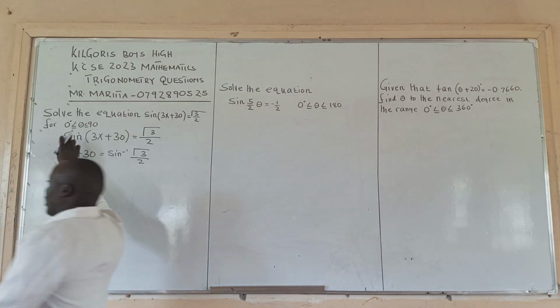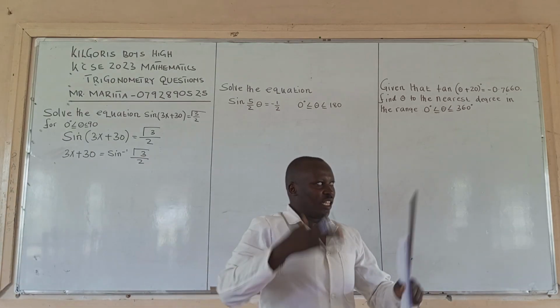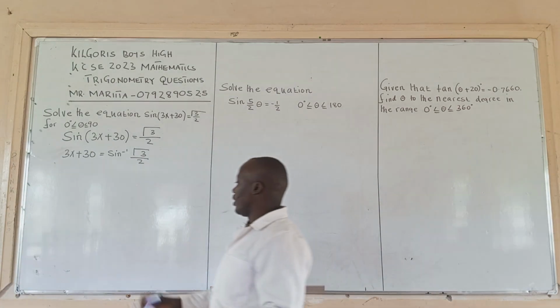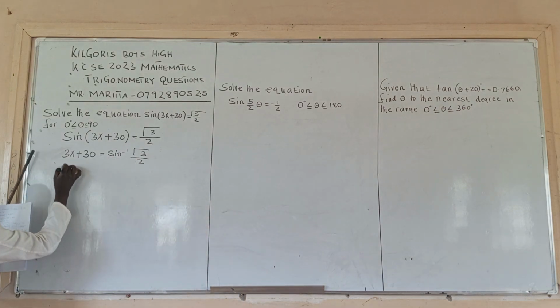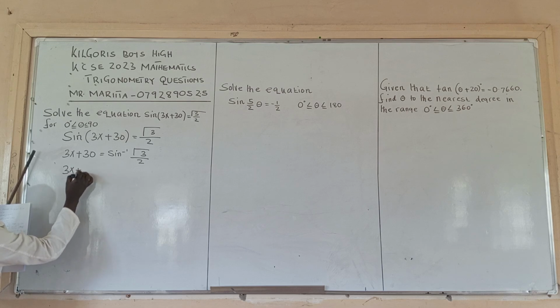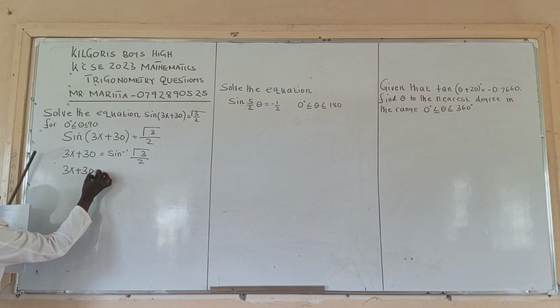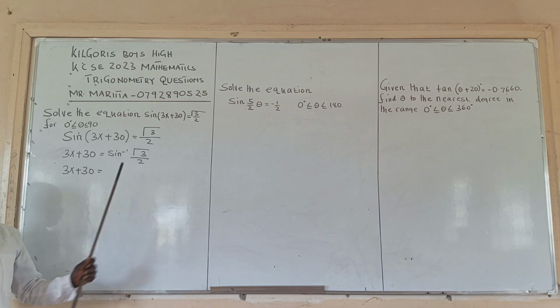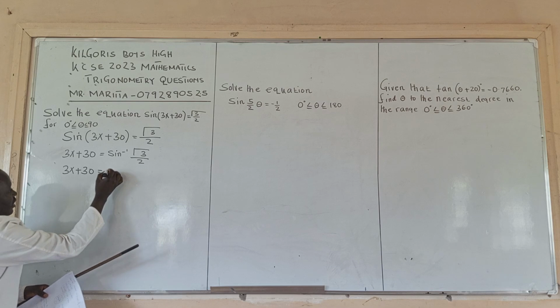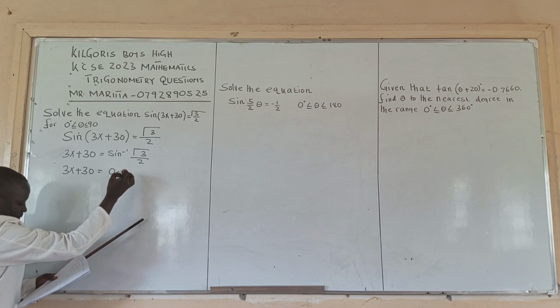To eliminate the sine from here, you just find the sine inverse on both sides. The sine inverse of root 3 all over 2 from the calculator is